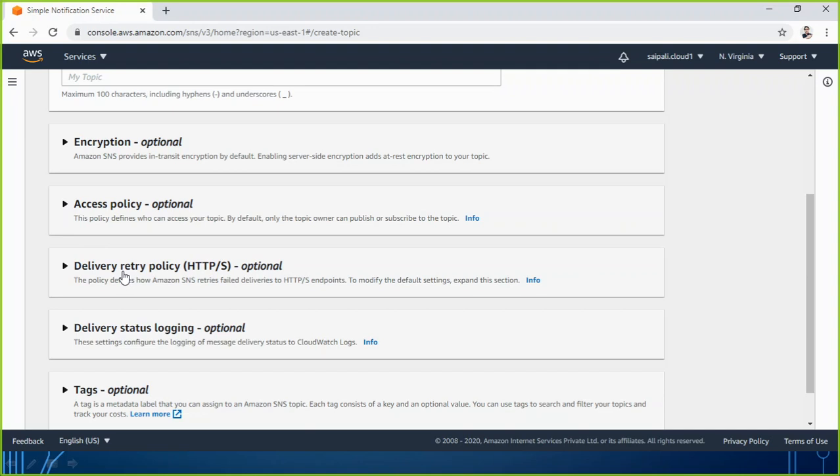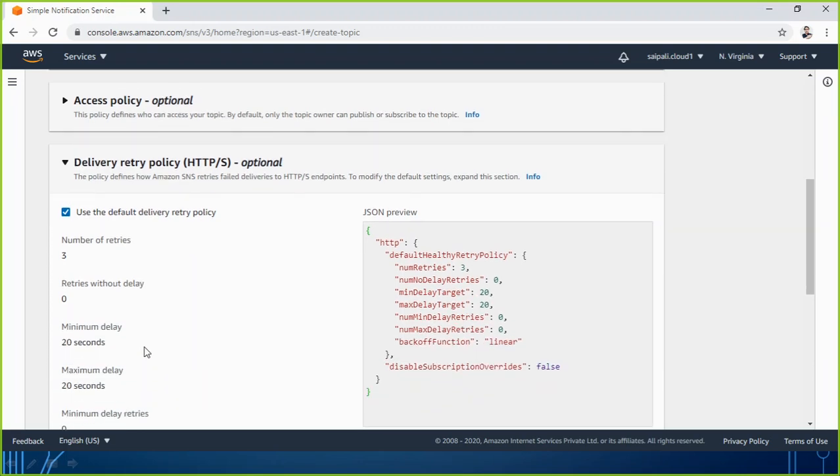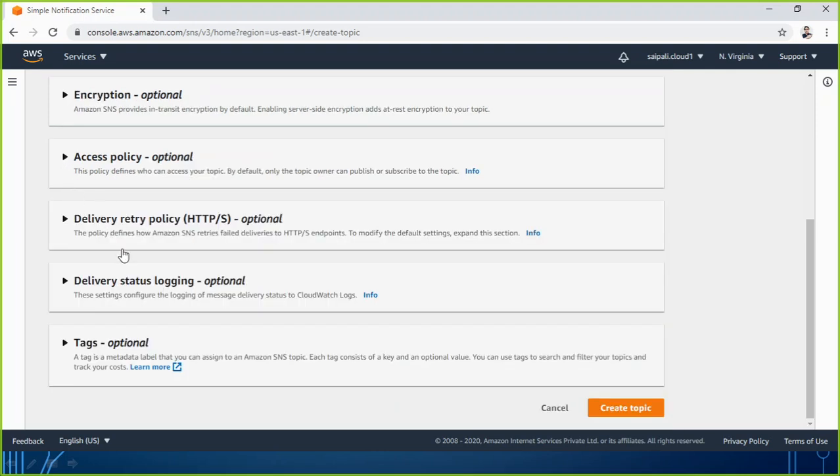Then the delivery retry policy: for HTTP and HTTPS, you can set the number of retries if it is not able to send at one time, such as 2 or 3 times. Here it is through JSON. I'm leaving this as default too. Then status logging and tags are optional, so I'm leaving them all default and just clicking on create topic.